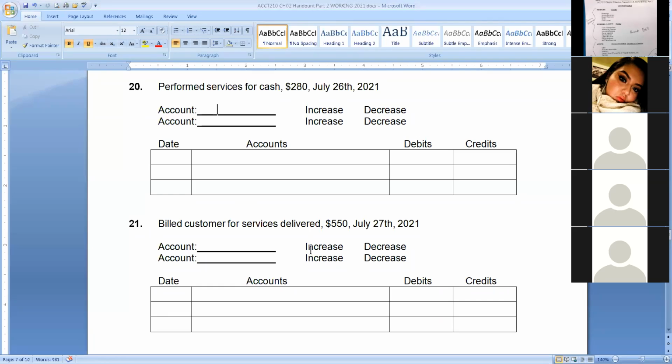Well, what's one of the accounts? Cash. Going up or down? So we did some work and we were paid in cash. Up. Yep. All right. Now on the other side,